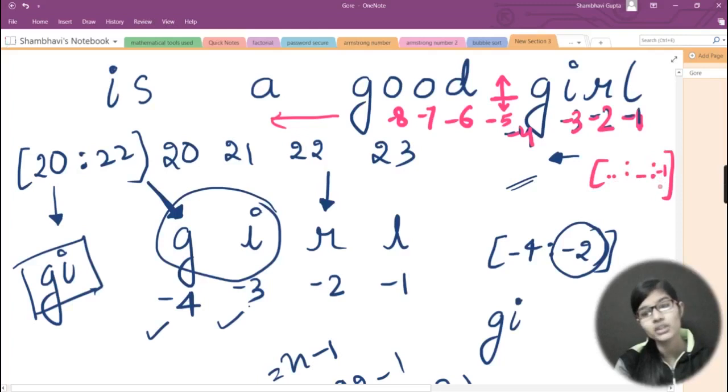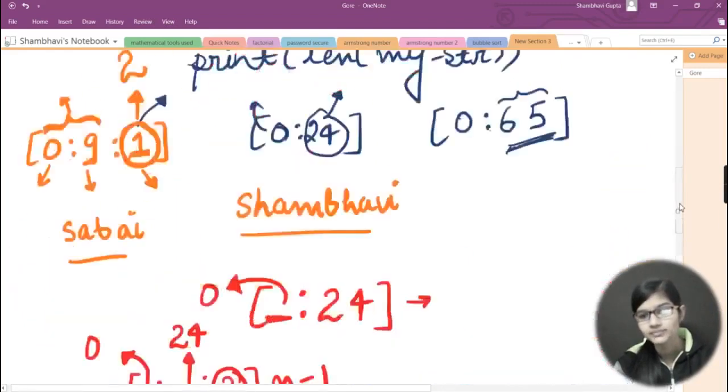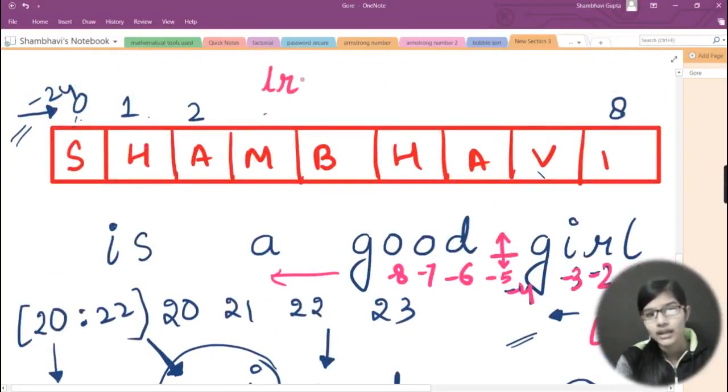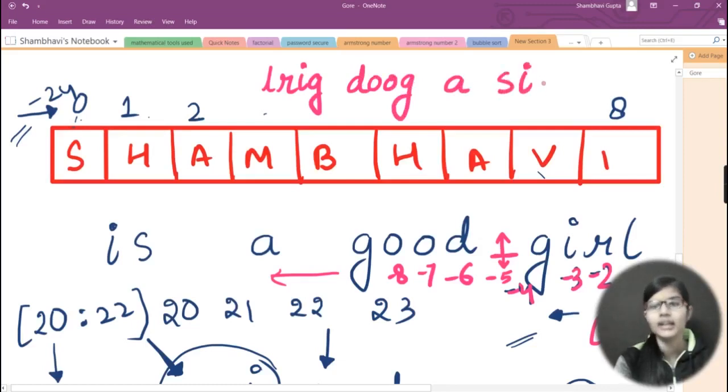it will not leave any of the characters, but it will reverse the whole string. Why? Because I am taking the positive indices here. I haven't mentioned that you need to take the negative indices here. And after that I am asking it to print the characters from minus 1. So let me go a little down. I'm writing it here. What it will print as the output is L R I G D O O G, and